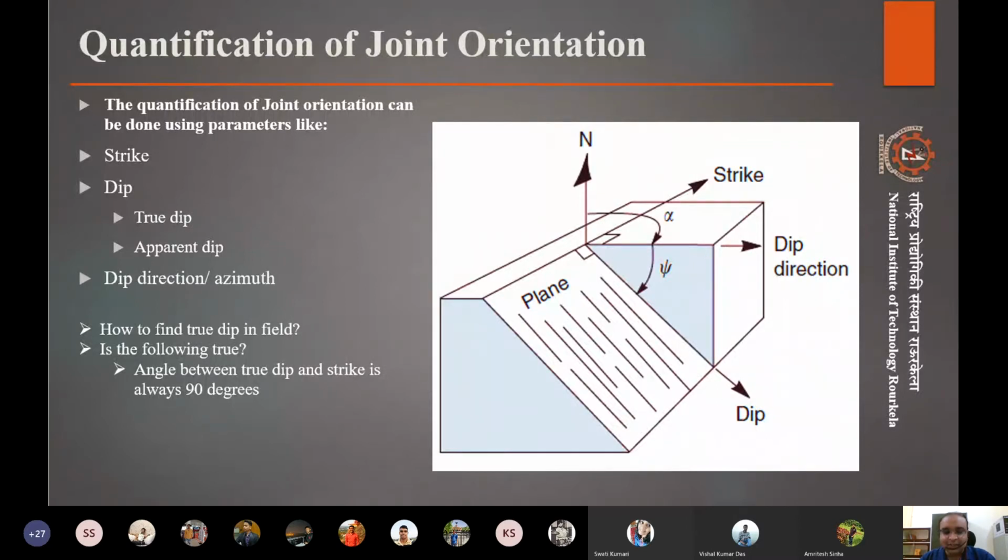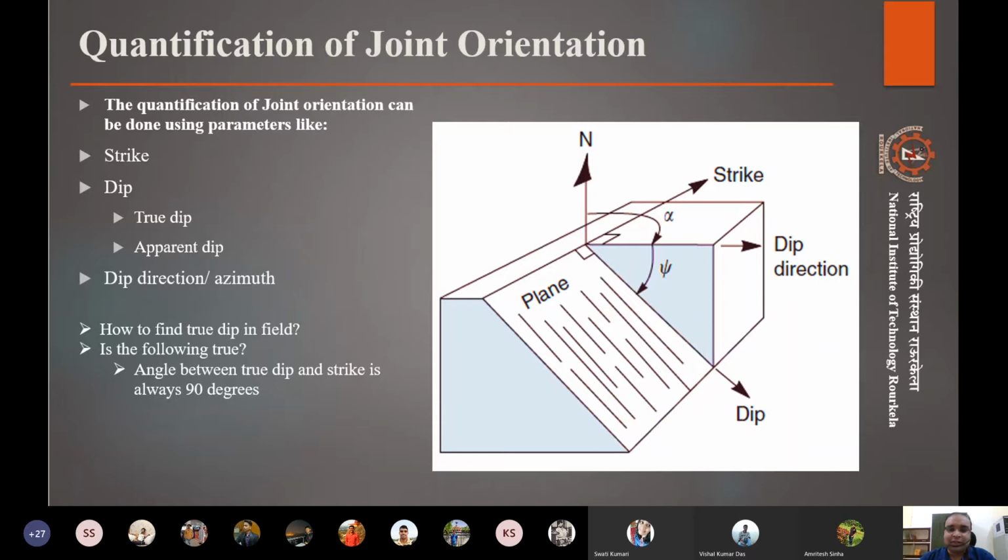Geologists also have similar equipment, something called a ball bob. They basically have a threaded ball that they can throw, just put it on the slope and they can see where it goes. And that also gives a true dip. They have certain compasses and all the instruments as well.